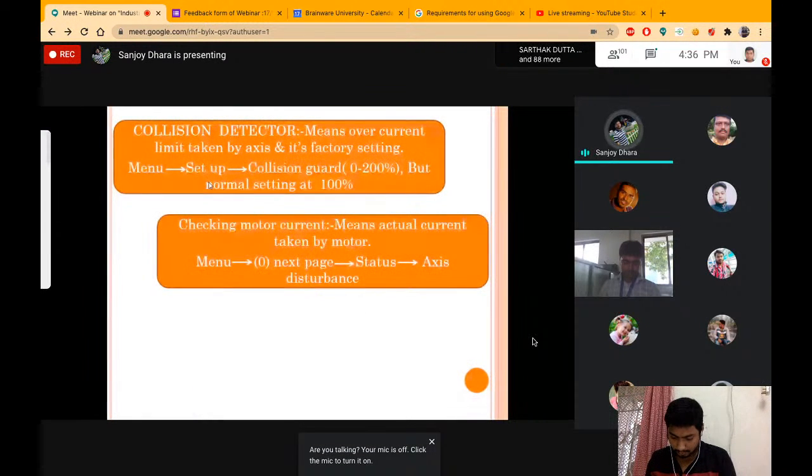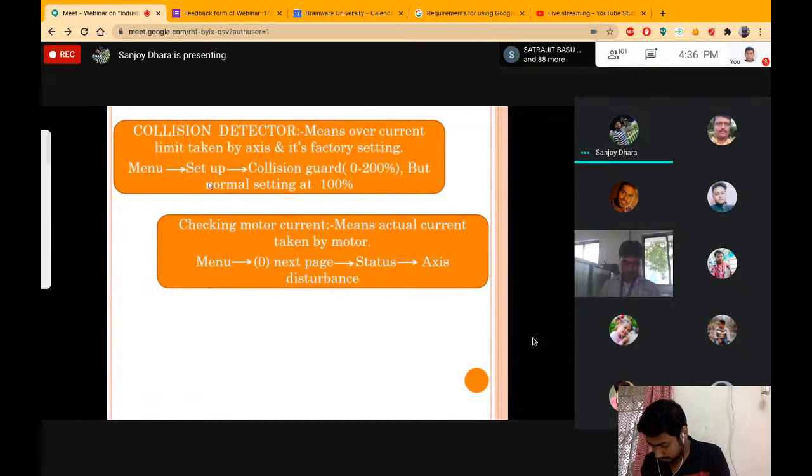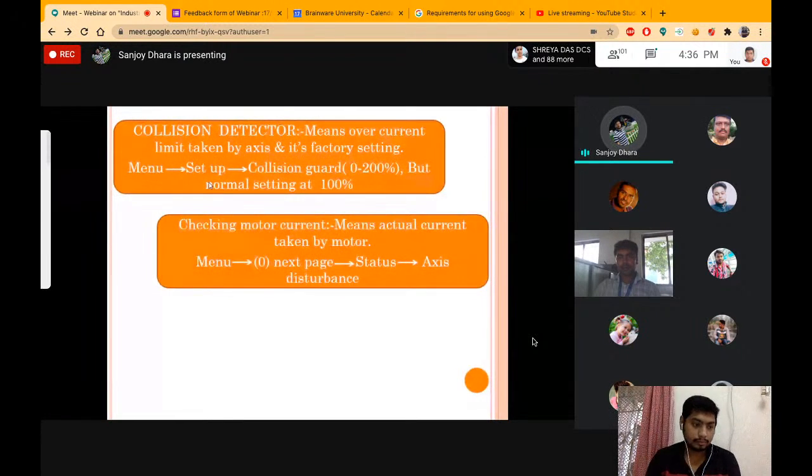At the beginning, I shared the features of the robot. What should those features be? I told you that it should have a vision and sensing device fitted on it. Here you can see the collision detector. Whenever it comes in contact or collides with any kind of work or object, it will stop